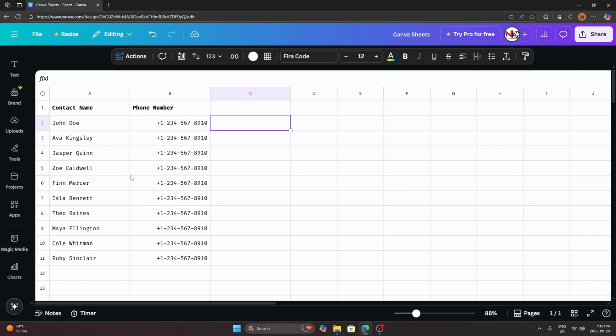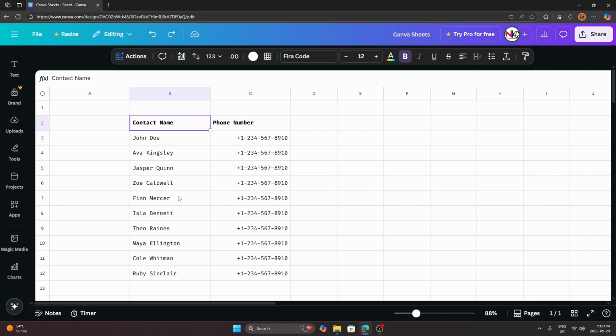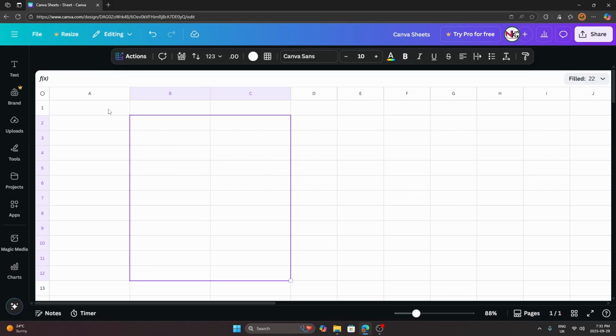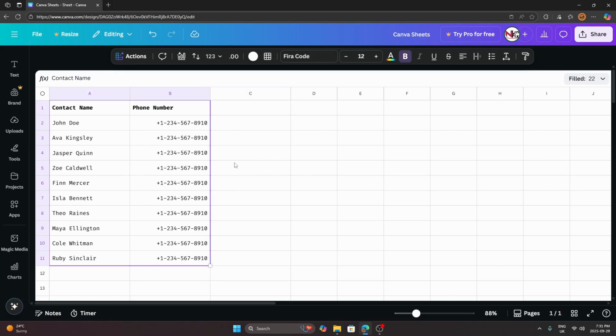Another way to do this is if you have nothing that you need on the top left, then you can just select all your table by clicking on the top leftmost corner and then the bottom rightmost corner, and then clicking Control X and then Control V,